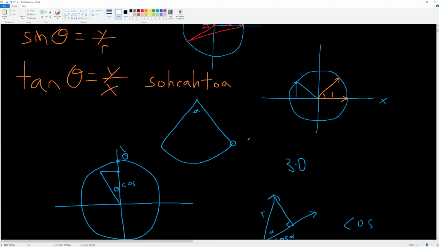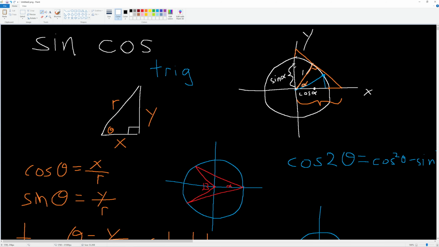Well, we have this original picture, and remember that our cosine is the shadow left by this projection, the shadow along the x-axis. So when we go from here all the way to here,